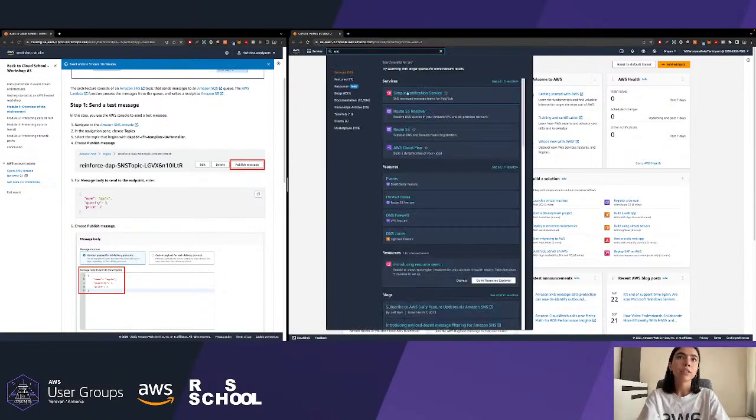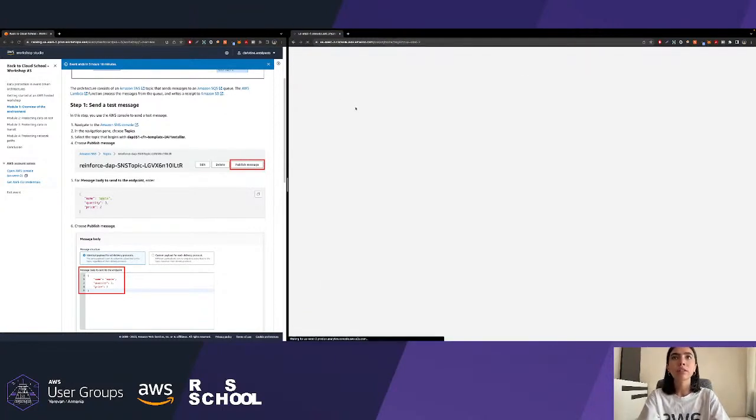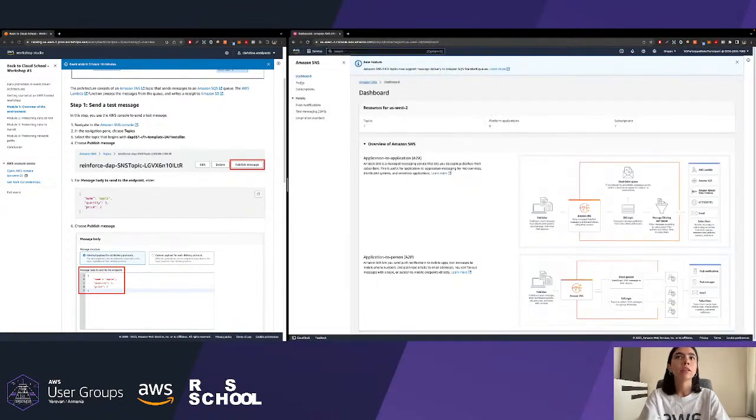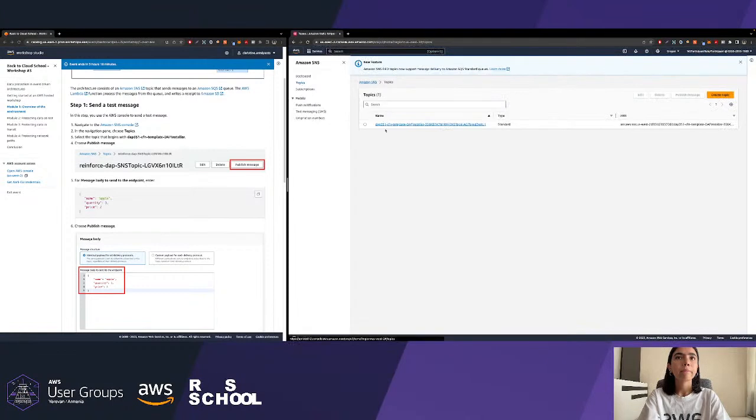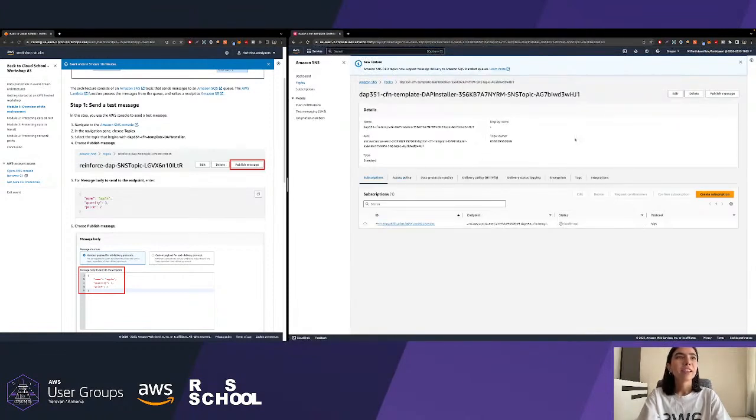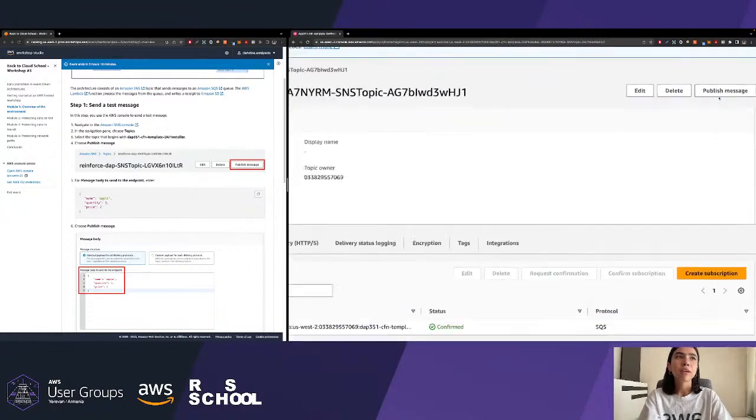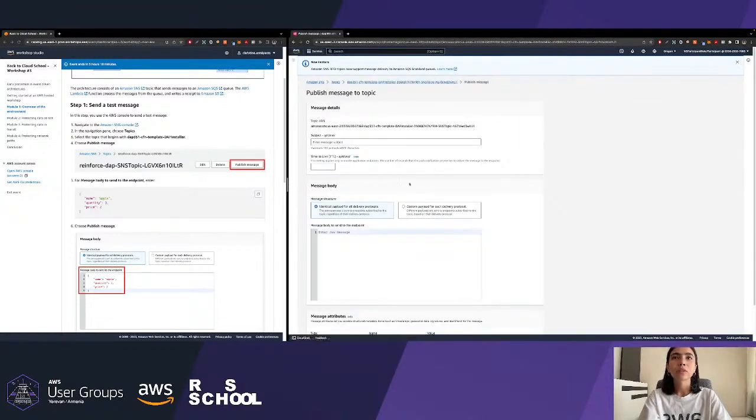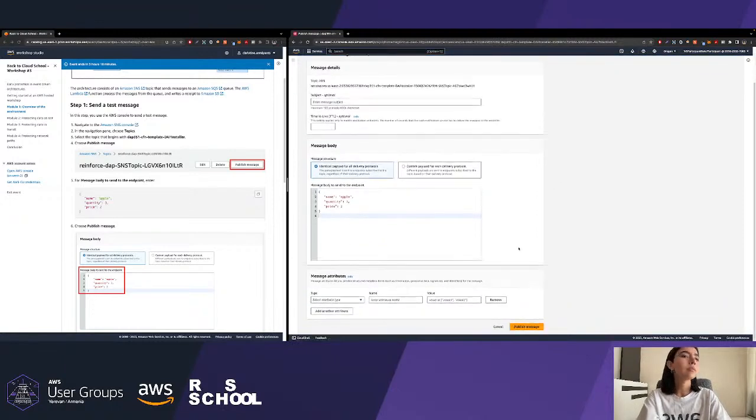For that, let's just go to the Simple Notification Service, SNS console. Go to the topics section and just hit the Publish Message button, okay? We're going to test if whatever we talked about is working as expected. We have these fields in our message: name, Apple, quantity 3, and the price 2.